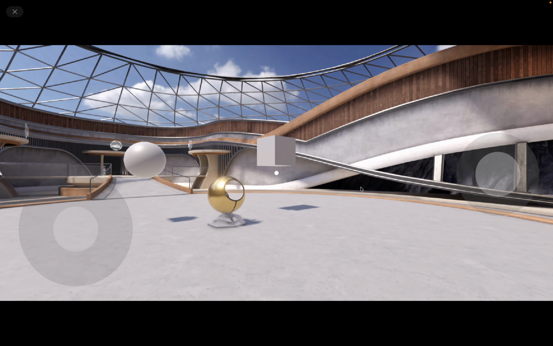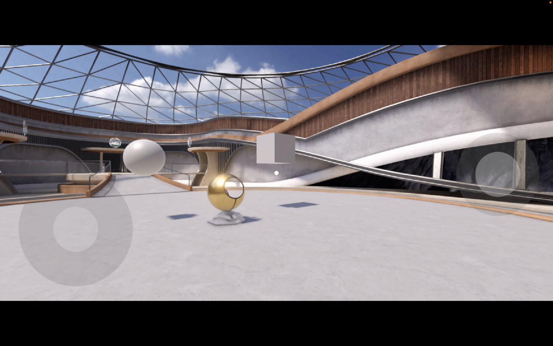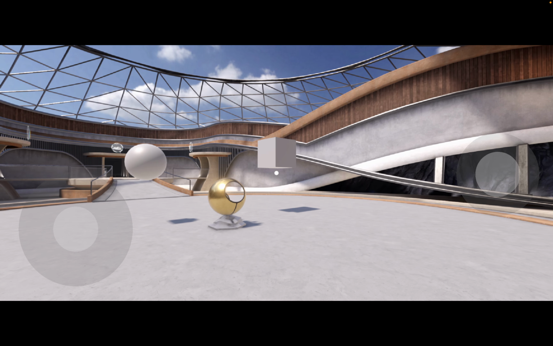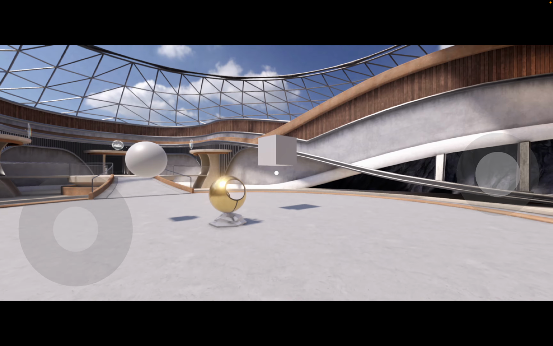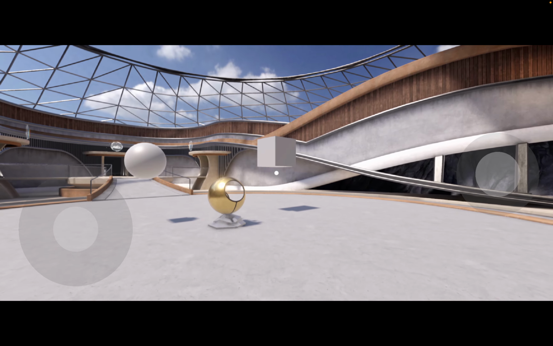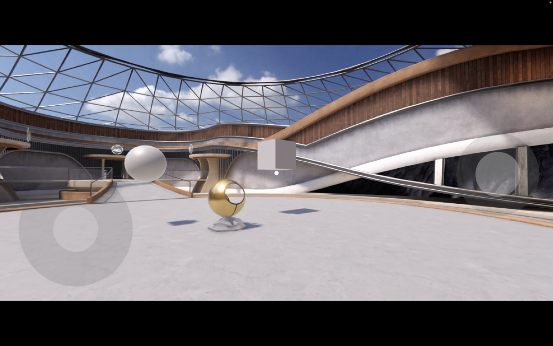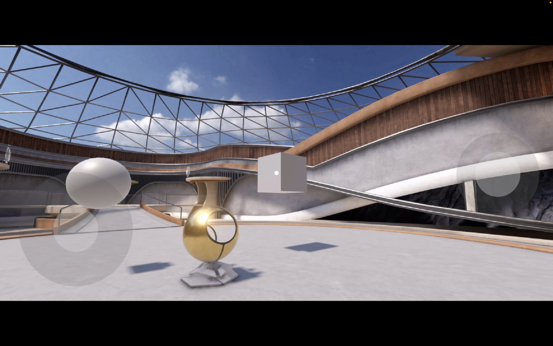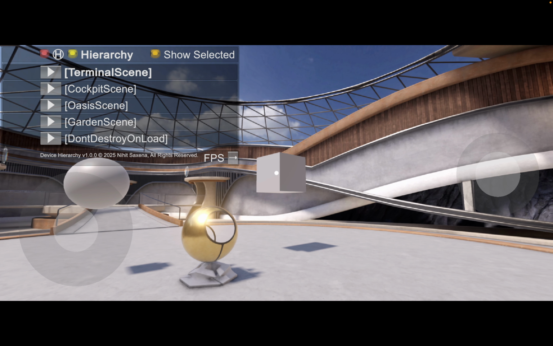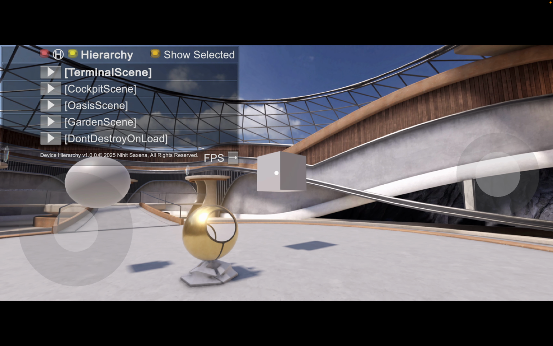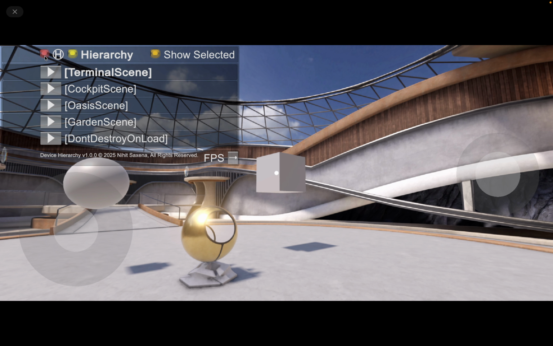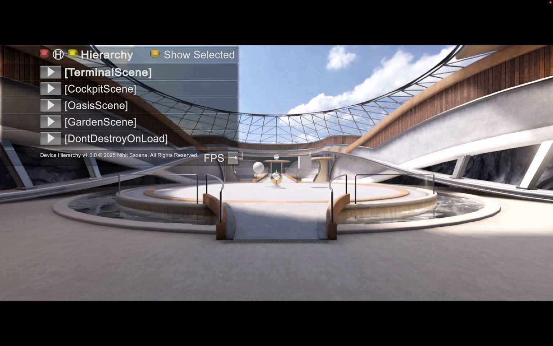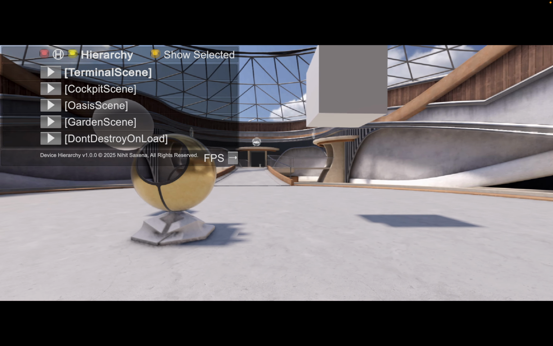This video is about how to use the device hierarchy panel in your Unity game. Currently the panel is included in this sample game, and it is activated by clicking on the cube. So I clicked on the cube and I can see the device hierarchy panel. This panel has a button to close the panel, another button to minimize the panel, and another button to